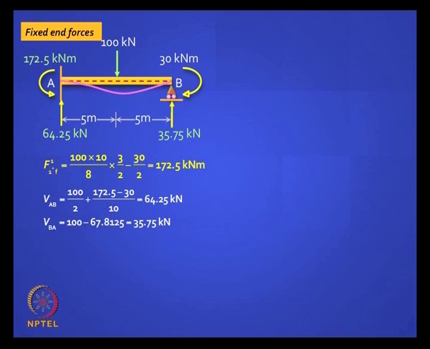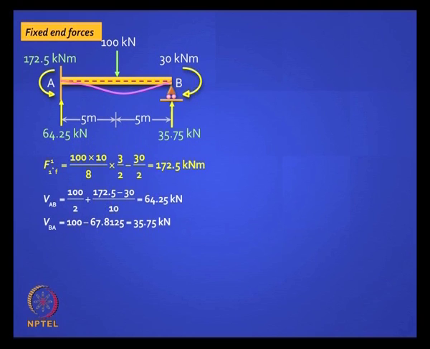So you have to find out the fixed end forces, and we have done this before. Is this clear? Due to this 100 kilonewton load, you get a fixed end moment here, which is WL by 8 into 1.5 times because of the propped cantilever effect. I hope you remember that, and it is anti-clockwise, so it is positive. But you have a clockwise end moment here of 30 kilonewton meter given as a load in the problem, but you are taking it at the element level, and so half of it gets carried over with the same sign, and it is clockwise, so you should put a minus sign here.